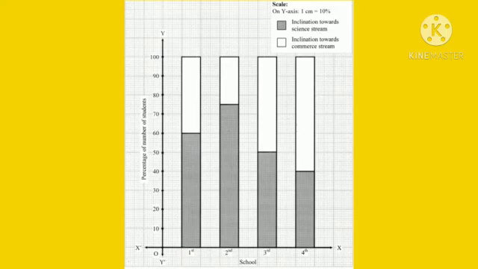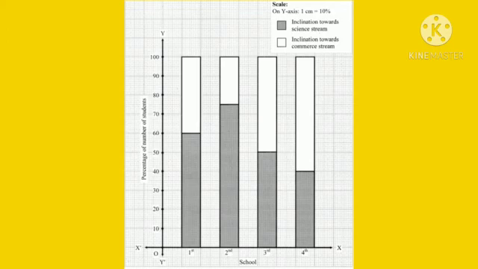As it is a percentage bar graph, all the bars will be of the same 100 units. So for the first school, we will draw a bar of 100 units. Now, as we have calculated, in the first school there are 60% of students in science stream. So we will draw a marking up to 60 and we will shade that much part of the bar that represents science stream, and the unshaded part of the same bar represents the commerce stream of the first school.